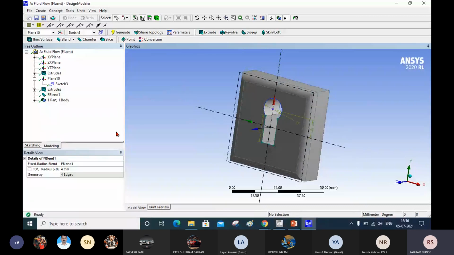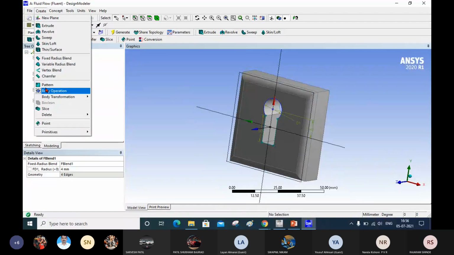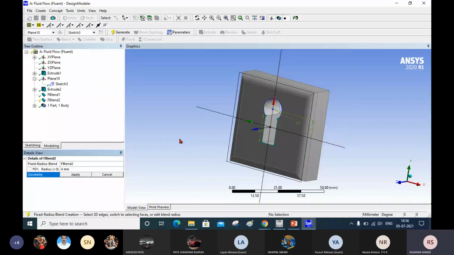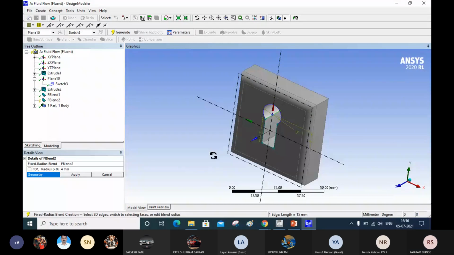For that purpose, again you go to create, fix radius fillet, select this one, select this second edge. Sorry, this is not. For deselect, again you press the control button and click on that edge.